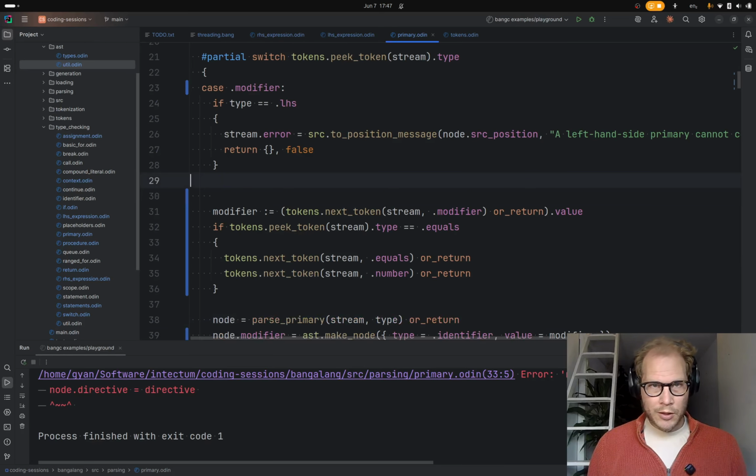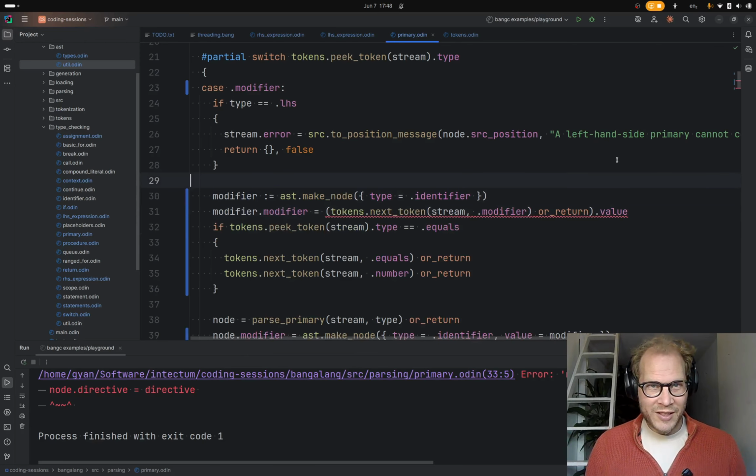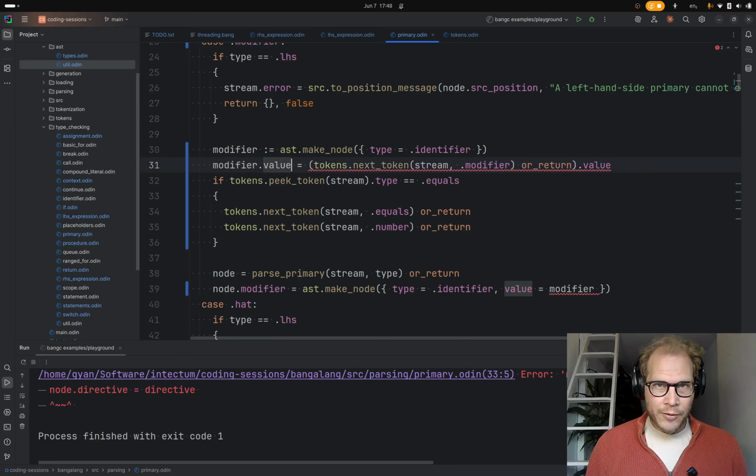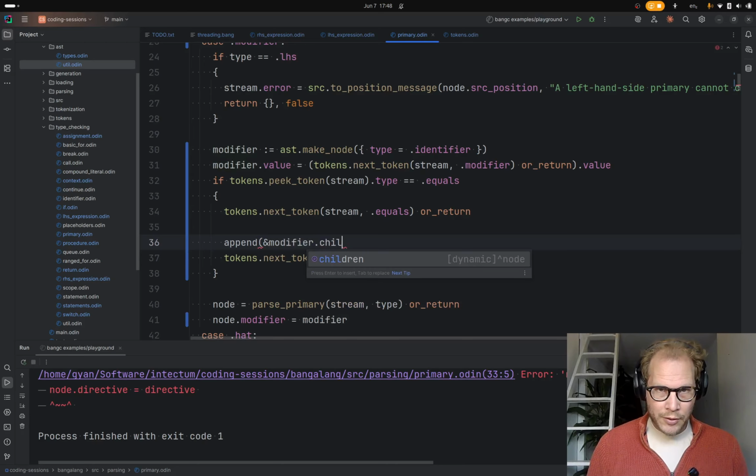So maybe we need to actually say modifier as an identifier node. Modifier.modifier. No, modifier.value is this value. So we just assign modifier now. And if we find equals, then we consume equals. We say append to modifier.children.